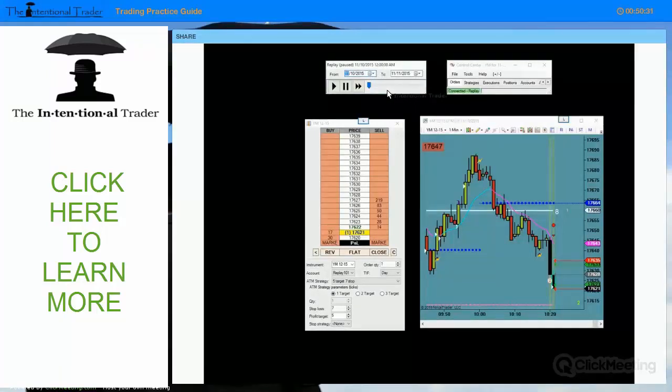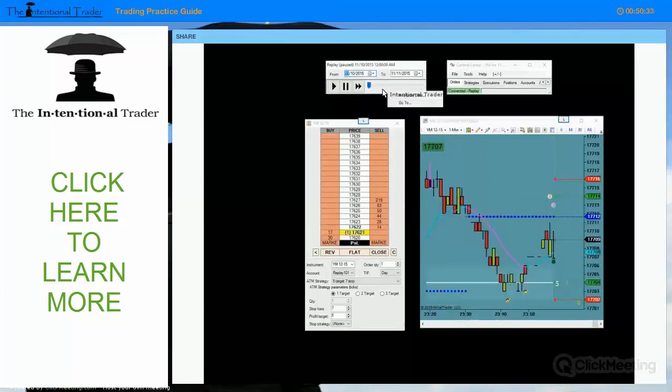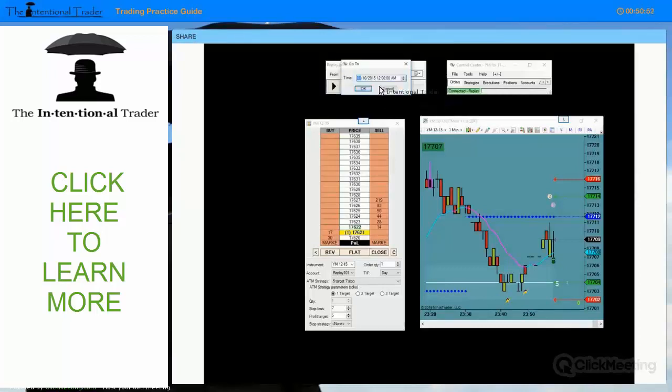And we're going to go to, I'm going to right click. Now, everything I'm showing you now is inside the fast forward program. Everything I'm telling you now, you don't have to remember all of this. It's inside the fast forward program in the videos. All right, so we're going to go to the time on the chart, which was, the trade was at about